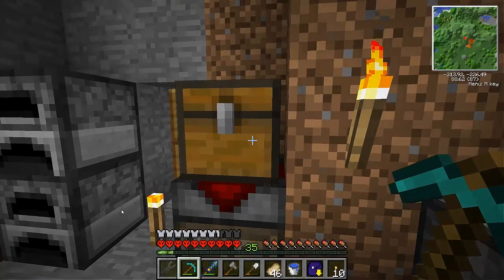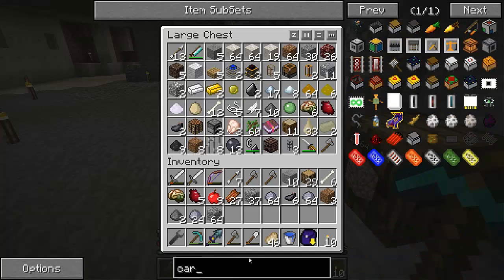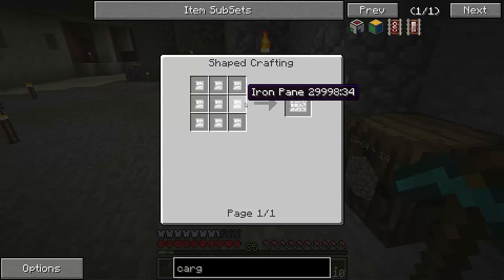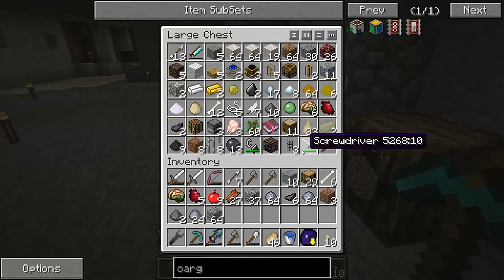Ooh, we are really low on redstone right now. I hope none of the other things that we need. Let's see, the cargo manager is something I cannot live without, which is going to require a lot of iron panes, which are a pain, and this is going to... Oh, we need more redstone. That is a bit of a problem. Okay, so...